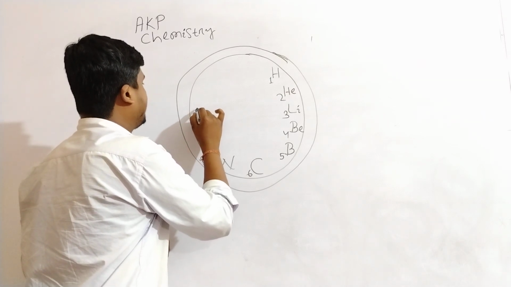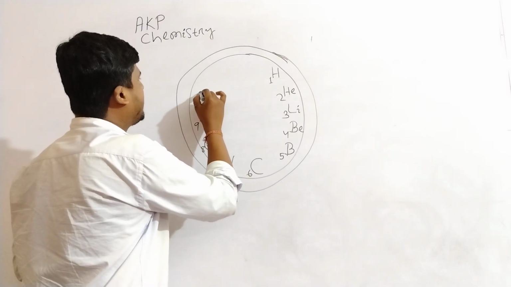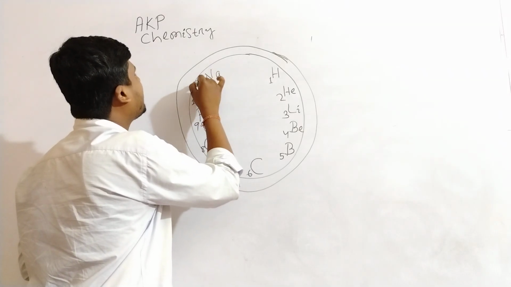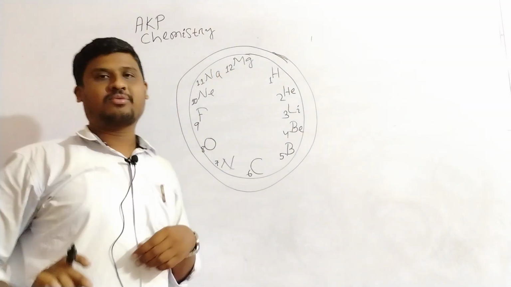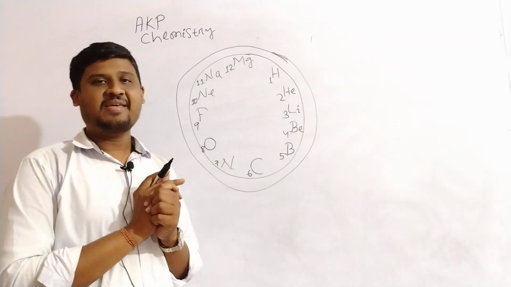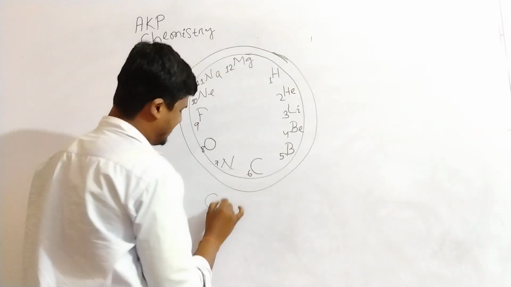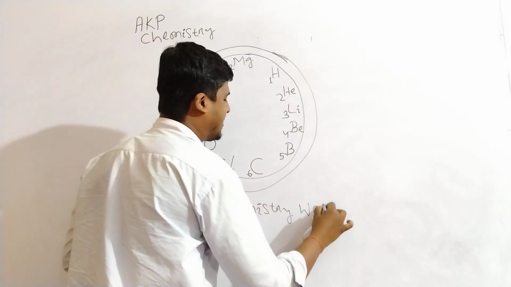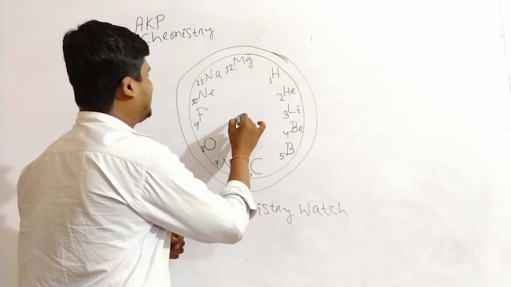Then fluorine 9. Then neon 10. Sodium 11 and magnesium finally 12. This is the chemistry watch. In the chemistry watch,